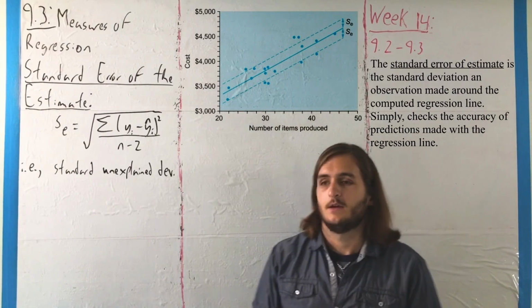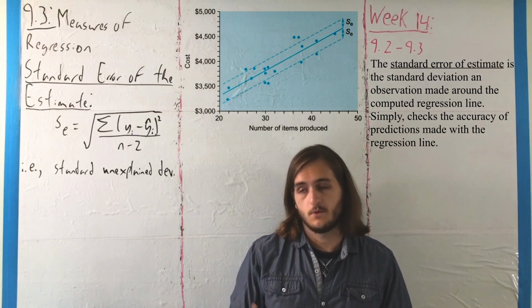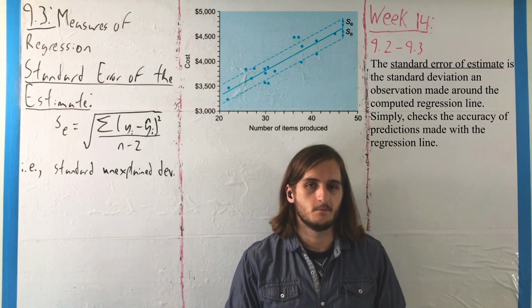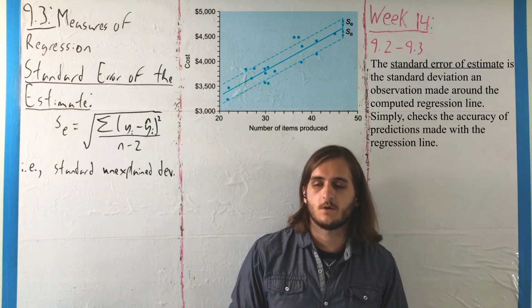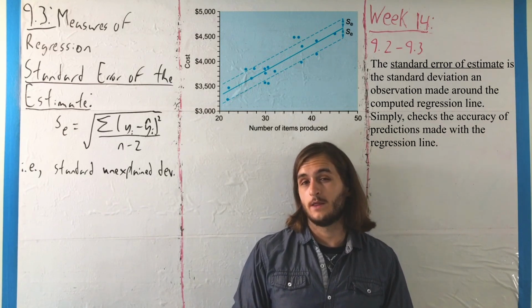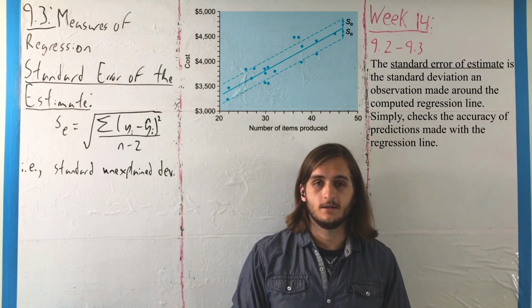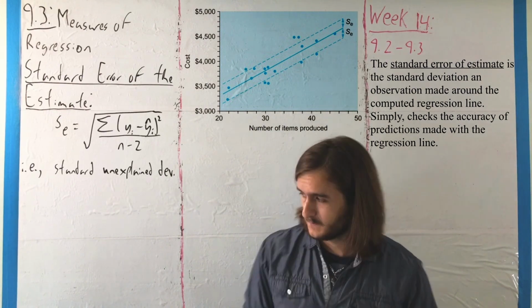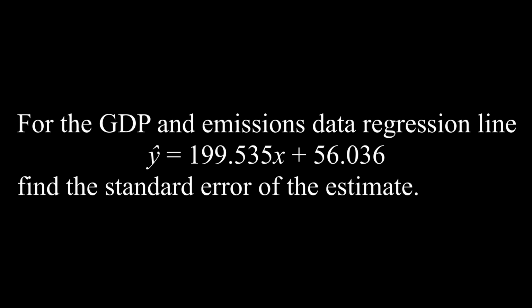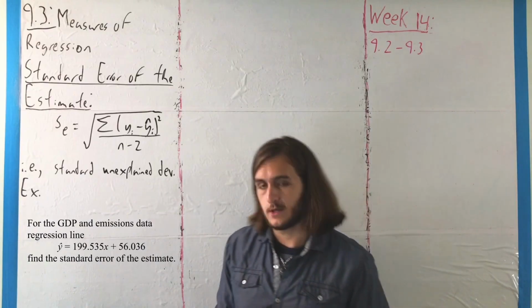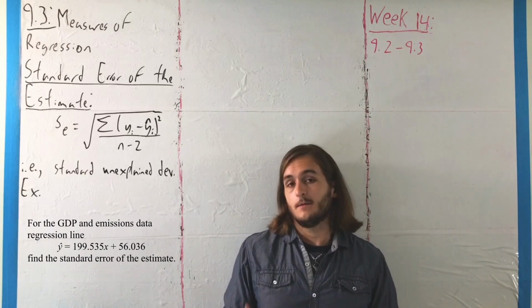But to finish ourselves off with some more understanding here, with some more sense of how this works, we're going to go one last time at the GDP and CO2 data. So, for the regression line in the context of the GDP and CO2 emissions data, we want to find the standard error of the estimate, where, in order to get it, much like getting